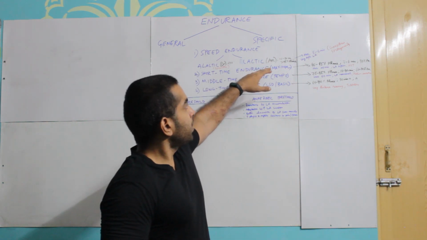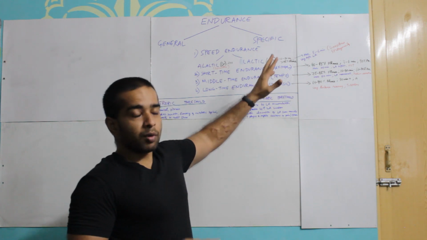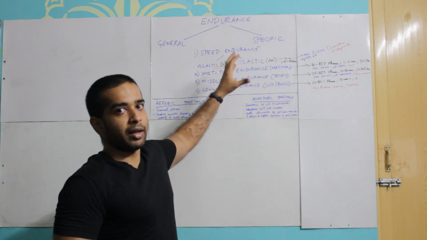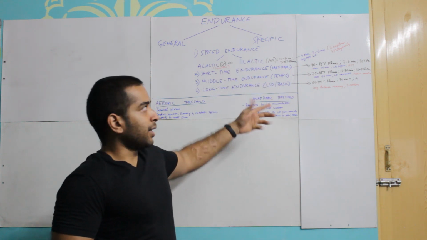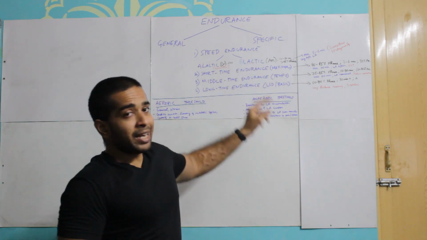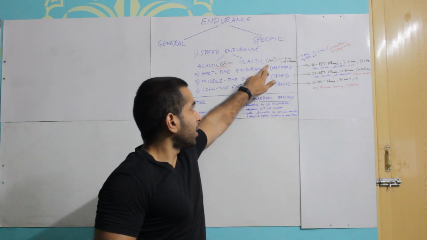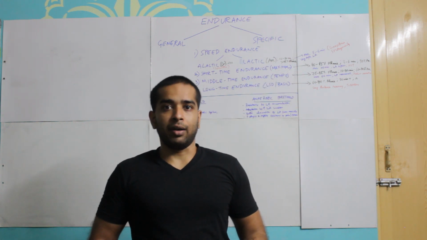You're performing a particular activity for 10 to 30 seconds and you're going up to a maximum of 5 to 6 minutes with that high an intensity. Here, there is a high accumulation of lactic acid, as I mentioned, and the main energy system that provides energy to such type of activities is the anaerobic energy system. Think of crossfitters or strongmen here.